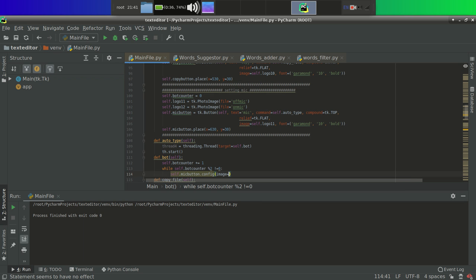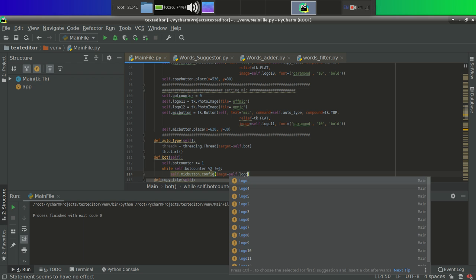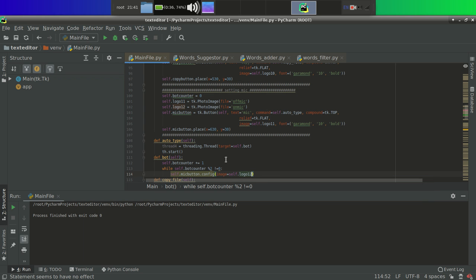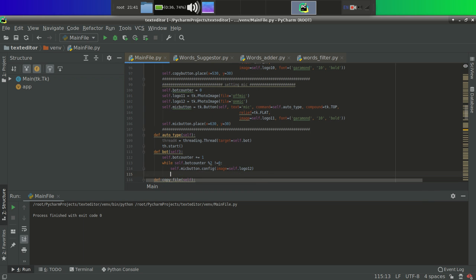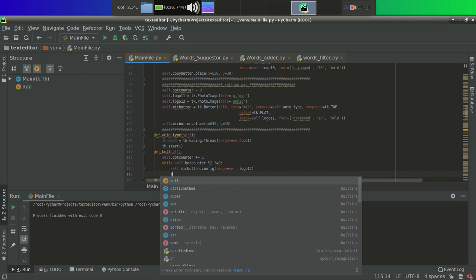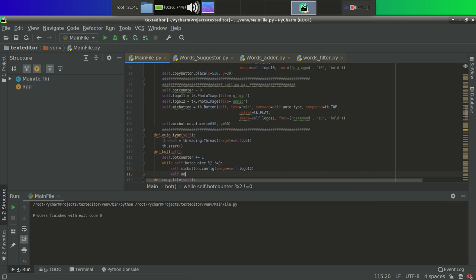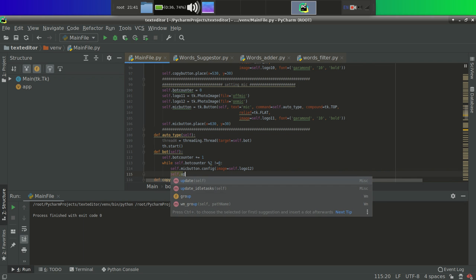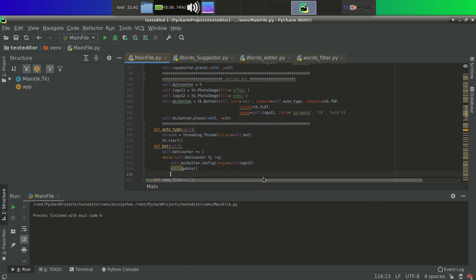So image equal to self.logo12. Fine, we have updated the logo. Let's update the app also, self.update. Now we have updated the app icon.